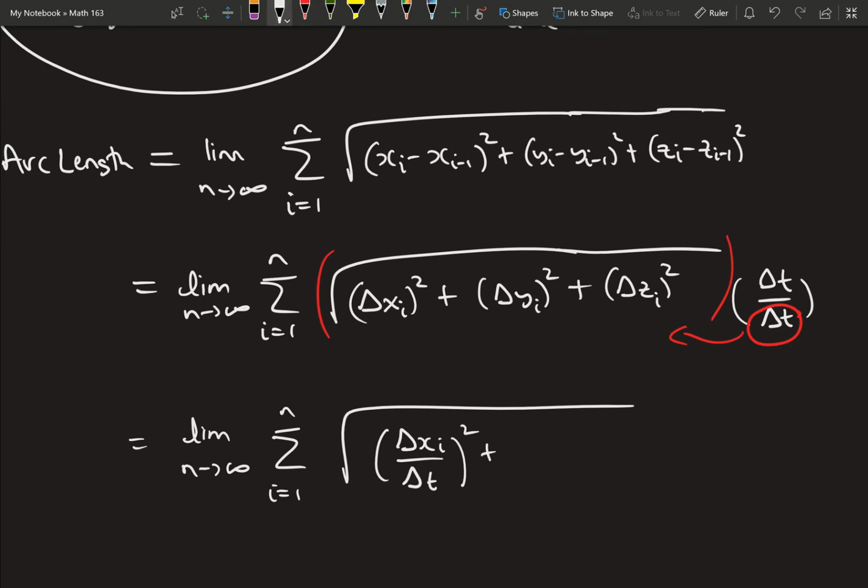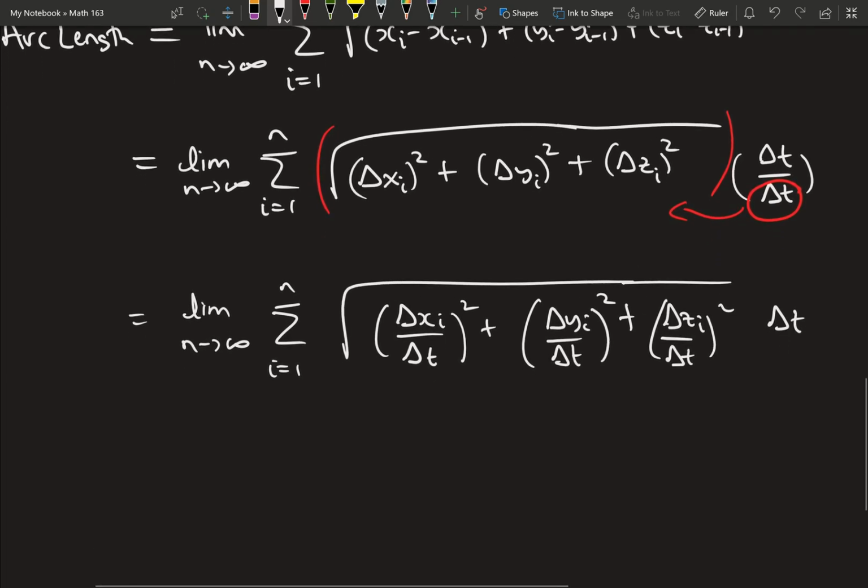And then plus, similarly, delta yi divided by delta t squared, delta zi divided by delta t squared. And what happens as n goes to infinity? Note that as n goes to infinity, delta t goes to 0. And as delta t goes to 0,